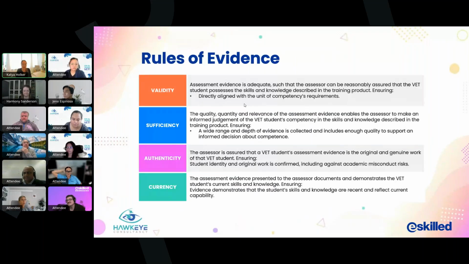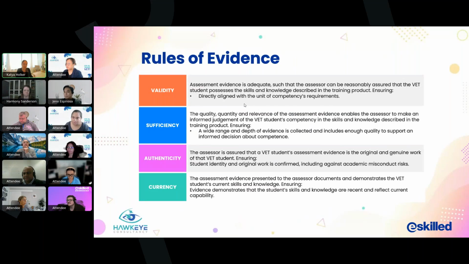I wouldn't stay away from AI, but making sure that the acceptable use policy is actually provided to students so that they're aware, and that you have other mechanisms to actually ensure the authenticity of that. There's some good software available, and there's also, you know, things like student declarations, there's also things like competency conversations,